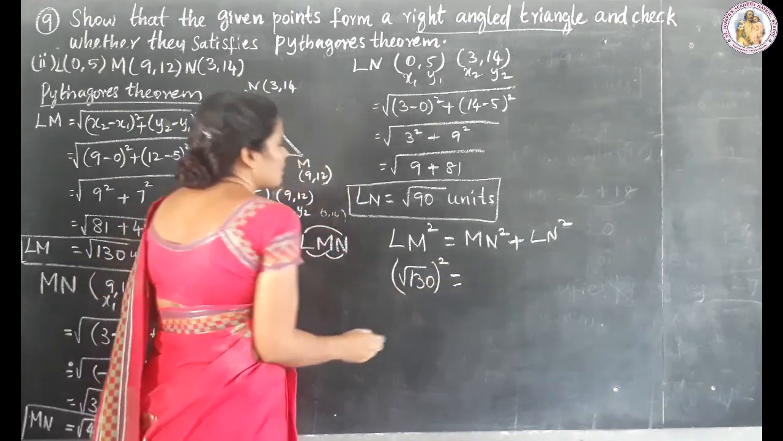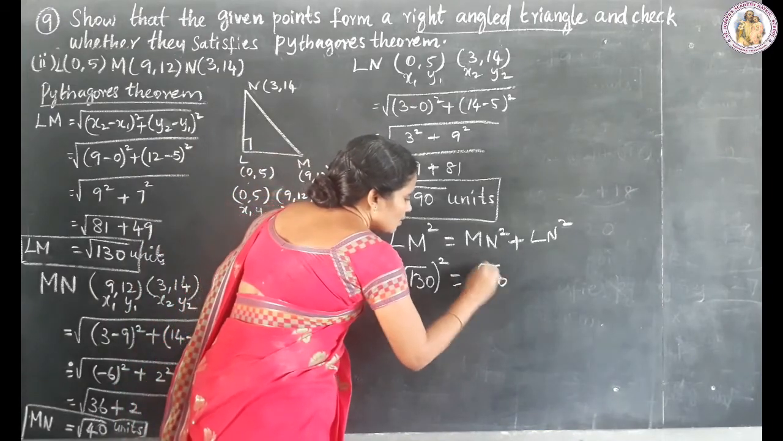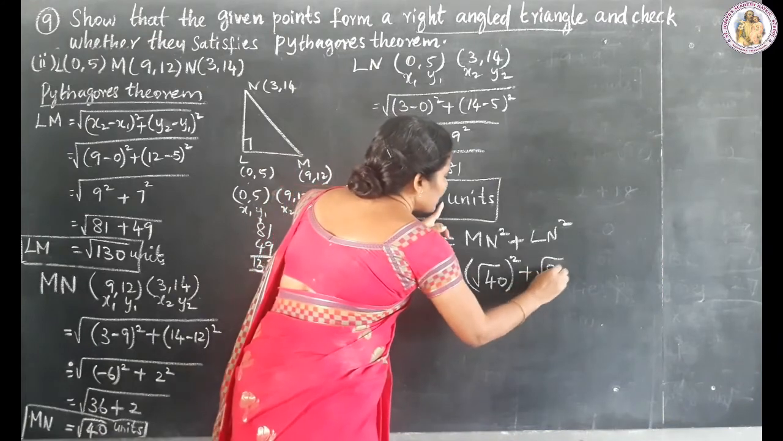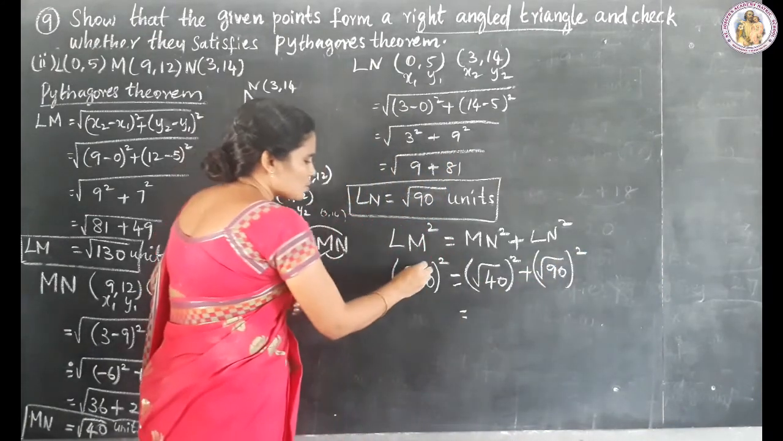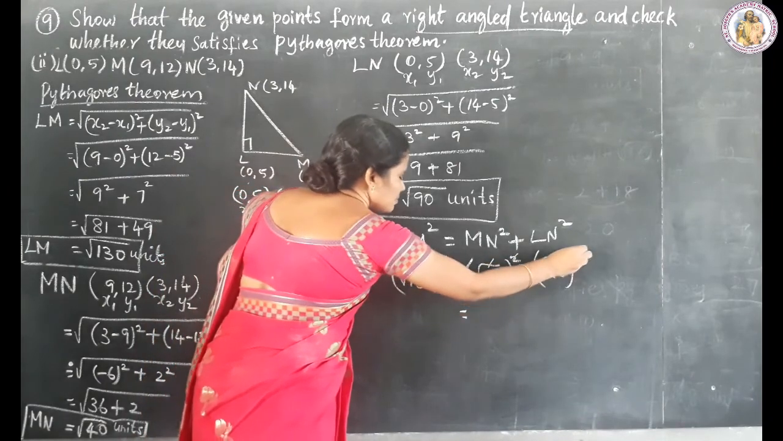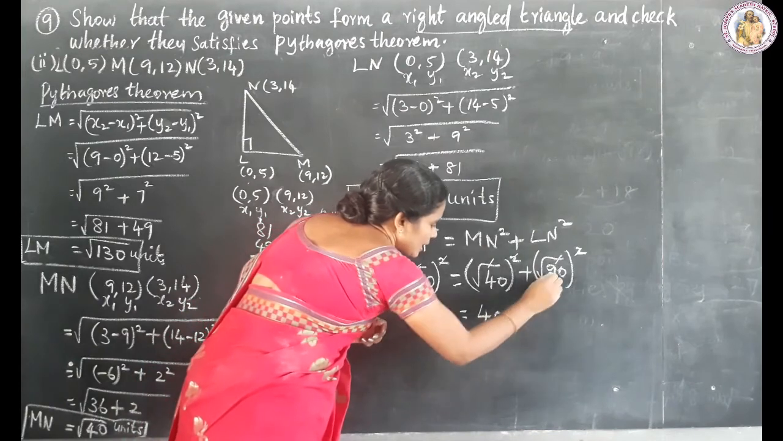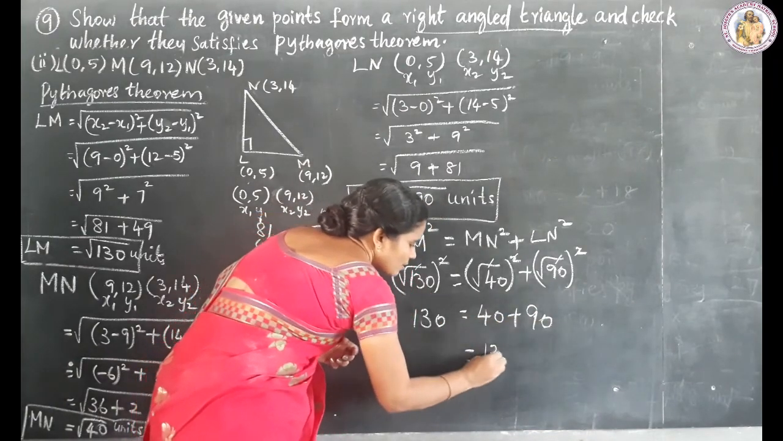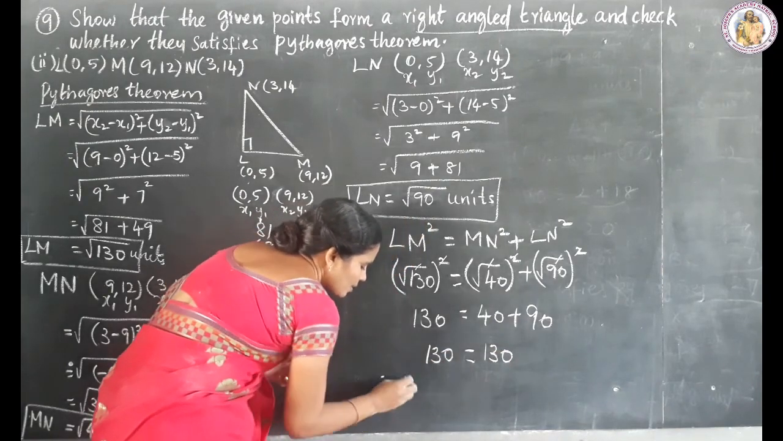LM square is equal to MN square plus LN square. MN is root 40 square, plus LN, root 90 square. Now the squares cancel, and 130 is equal to 40 plus 90. So therefore the points